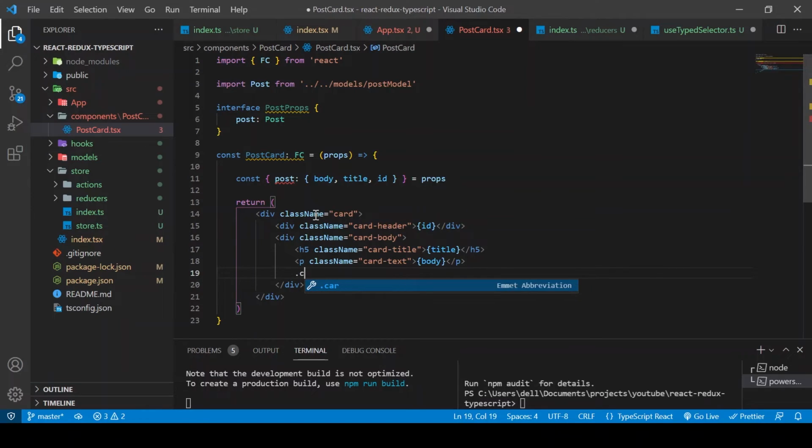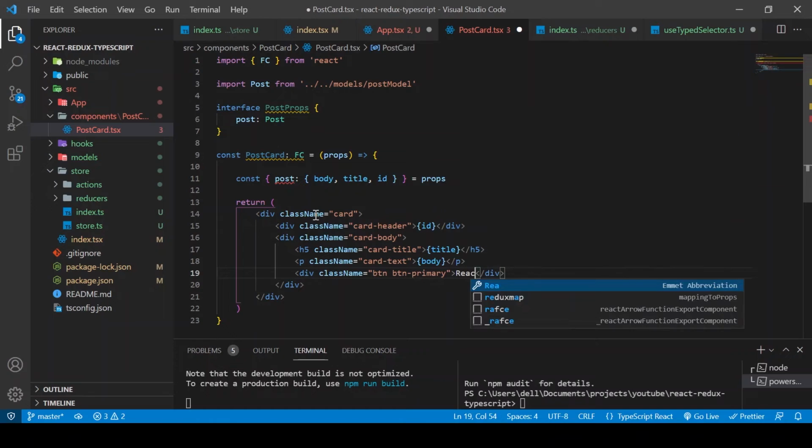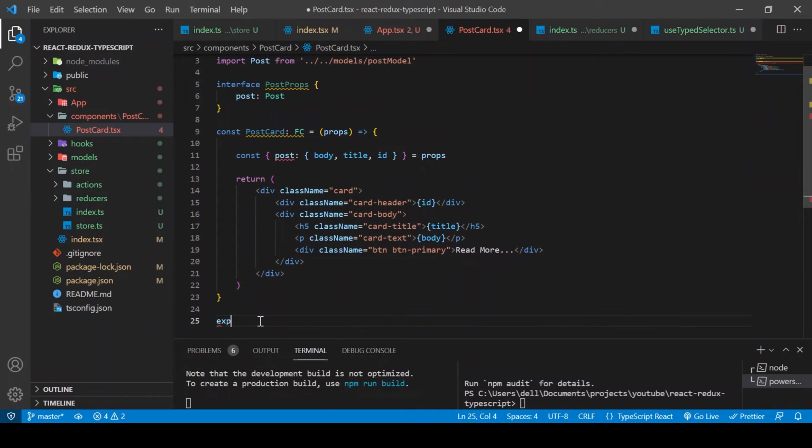One last thing, just create something like an action button. It's actually not working, but just to make it look a little bit fancy, we'll give it btn btn-primary, and then we'll just add the text, read more. So this is actually our post, and then we'll export our PostCard